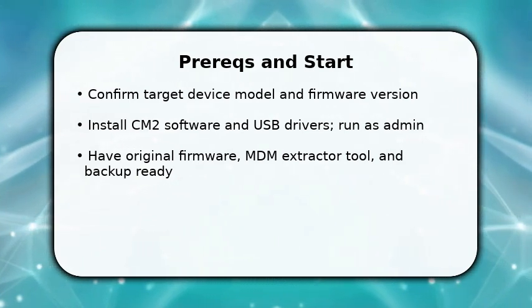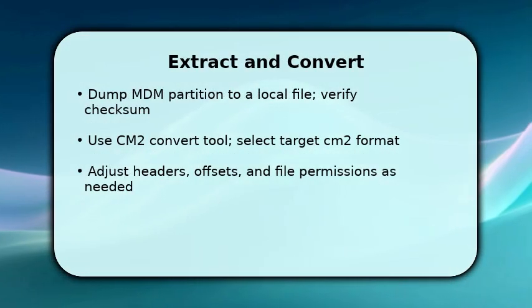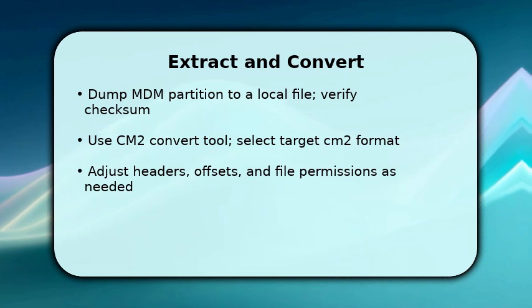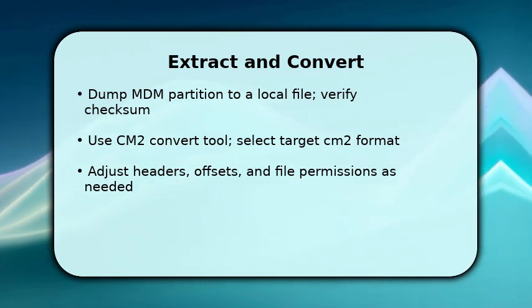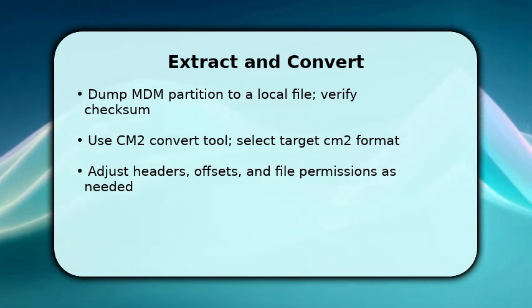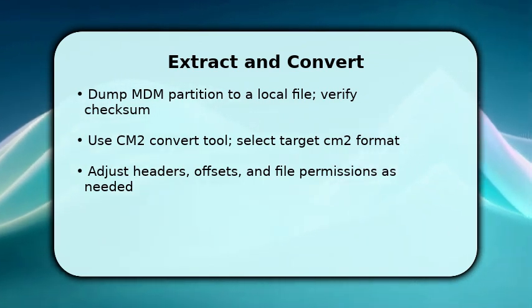You now extract the MDM data and perform the conversion steps. Start a raw dump of the MDM partition, monitor progress, and check the resulting checksum to confirm integrity. Then open the Cm2 Convert dialog, choose Input MDM Dump and target Cm2 profile, and set offsets to match the device